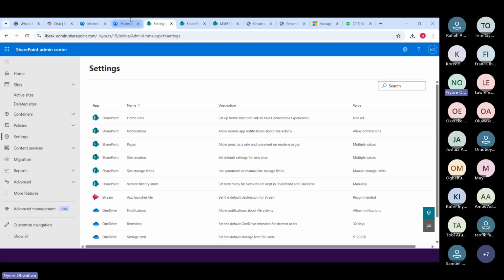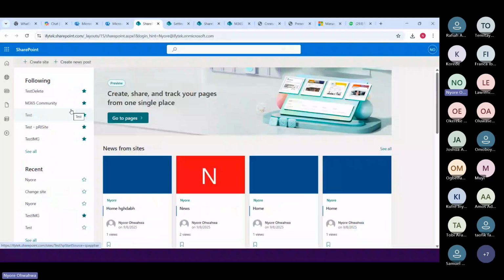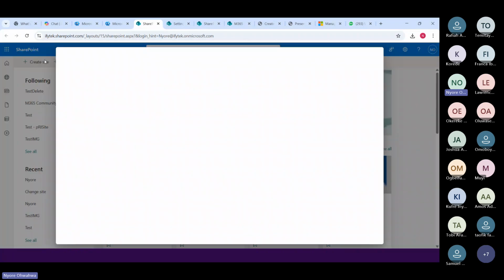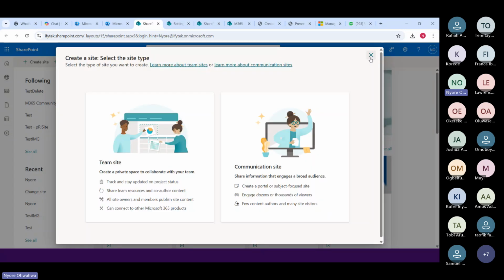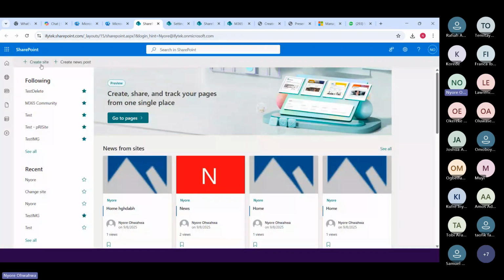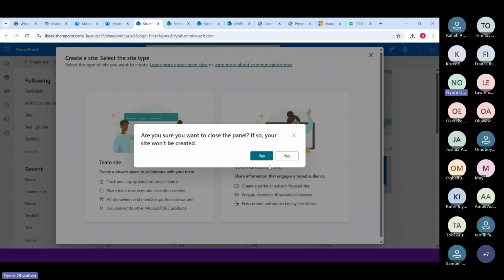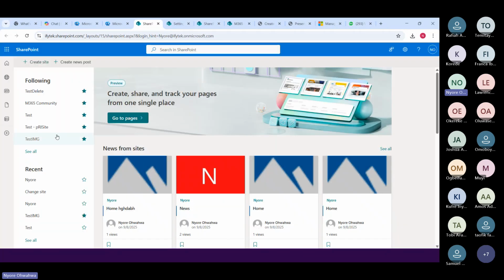On the Office 365 page, for example, you click on SharePoint here, and you would see that by default there's a button that says create site, which everybody that has a license in your organization would have. And for this reason, some people, just because they want to see what will happen, will just go here and create sites that are not needed.